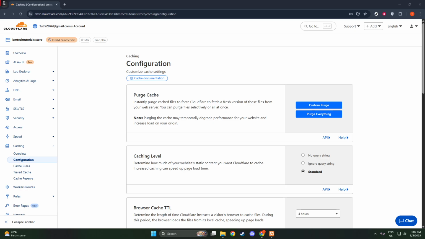While you wait, it might be helpful to understand what cache purging does. By purging the cache, you fully invalidate all cached content. This means that the next time a visitor accesses your site, Cloudflare will fetch fresh files directly from your origin server rather than serving outdated cached versions. This is particularly useful if you've recently made significant changes to your website and want those changes to reflect immediately